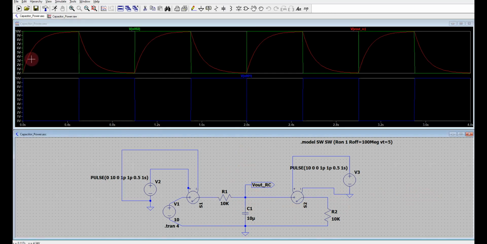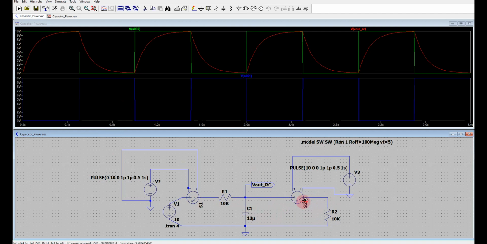So if you see, this is the red line which is shown. When the input supply is connected, you have this red line, the capacitor voltage, being charged to 10 volt. Then when I remove that, switching off this power supply and switching on this load out here, it is getting discharged. Okay, so you will find the capacitor is getting charged and discharged.